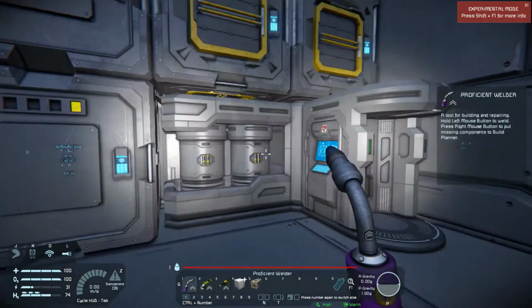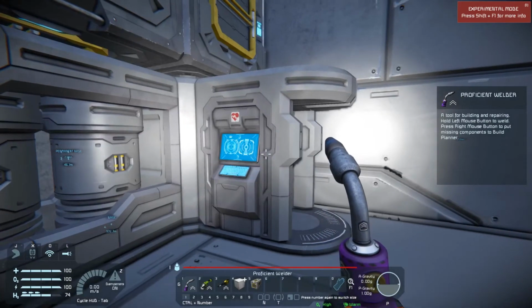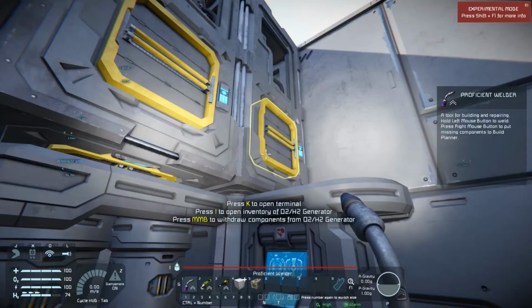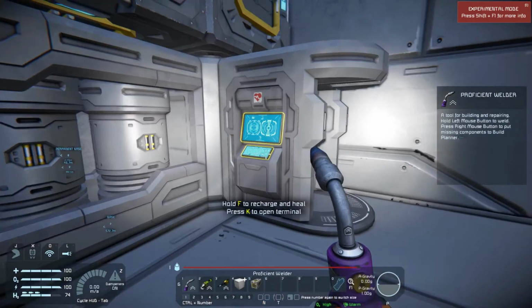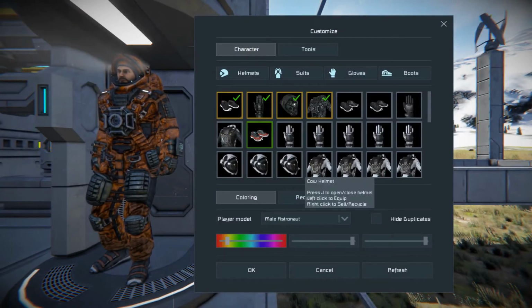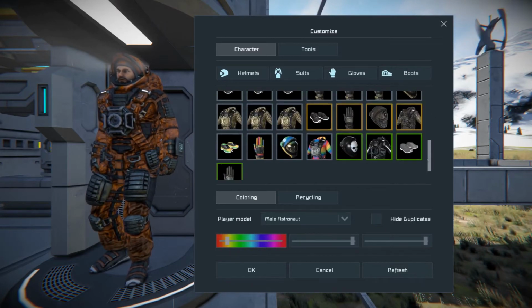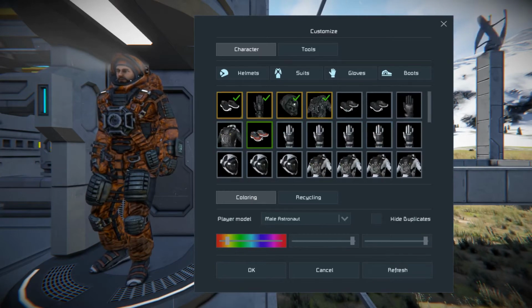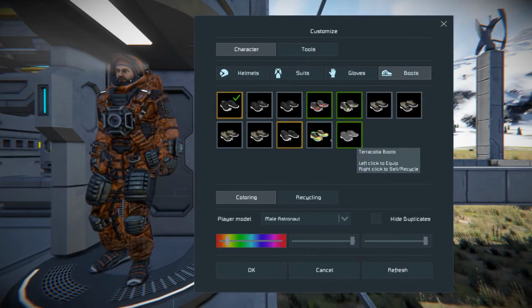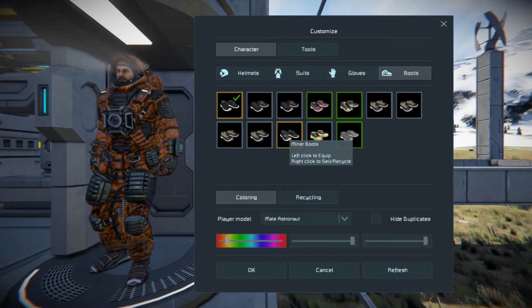Right, I have my medical station, and boink, it went there. The thing I want to show you is this spot. If you enter here, you can change your appearance with all the stuff that you got in your special signals. So if I actually say, well, what do I have for boots? I do not have any cow suits, but if I just take my boots,